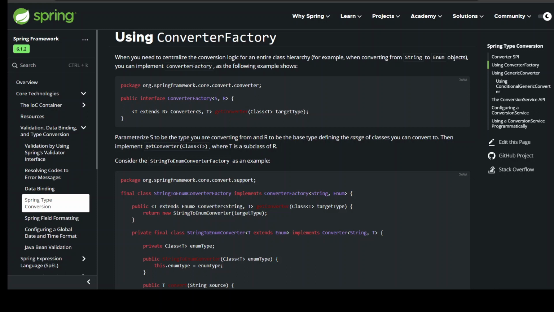Consider the StringToEnumConverterFactory as an example. package org.springframework.core.convert.support; final class StringToEnumConverterFactory implements ConverterFactory<String, Enum> { public <T extends Enum> Converter<String, T> getConverter(Class<T> targetType) { return new StringToEnumConverter(targetType); } private final class StringToEnumConverter<T extends Enum> implements Converter<String, T> { private Class<T> enumType; public StringToEnumConverter(Class<T> enumType) { this.enumType = enumType; } public T convert(String source) { return (T) Enum.valueOf(this.enumType, source.trim()); } } }